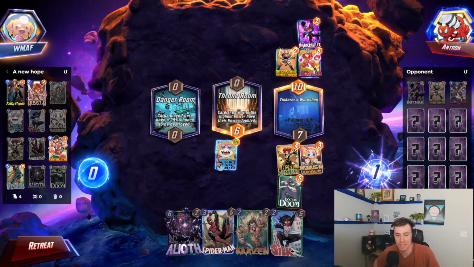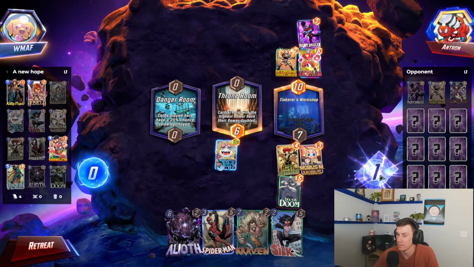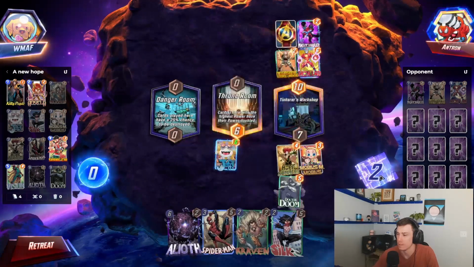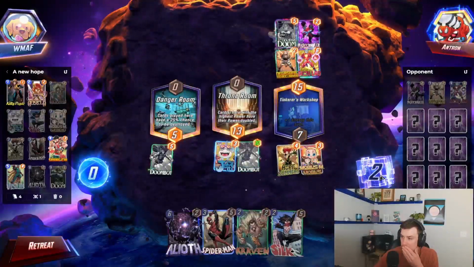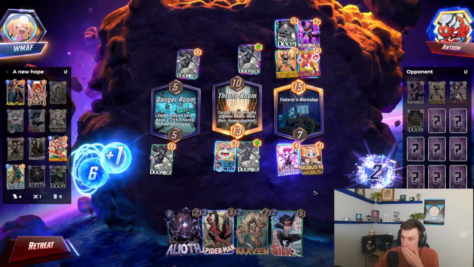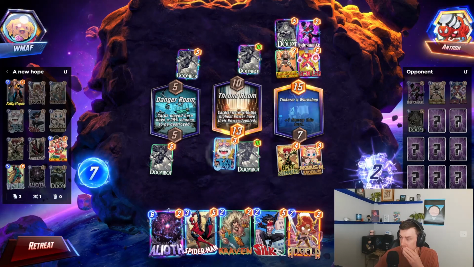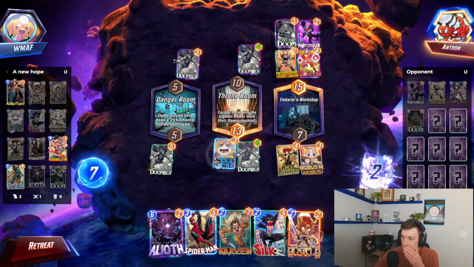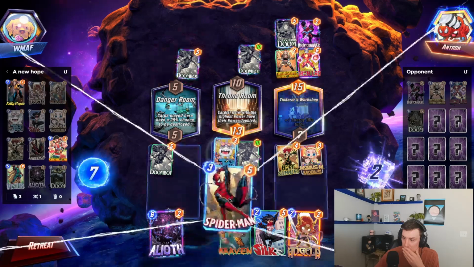Dude, we have been in Infinity Stone since day one, brother. I think I'm feeling pretty good right here. So Doom will pop Negasonic. We're both playing Dooms. Now the question is, what does he play? He has priority, so he could move this. If we pull this...